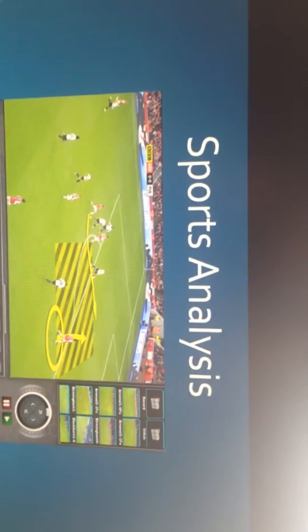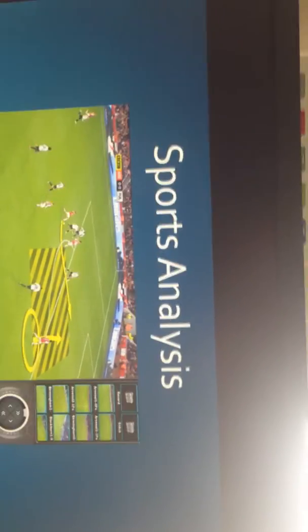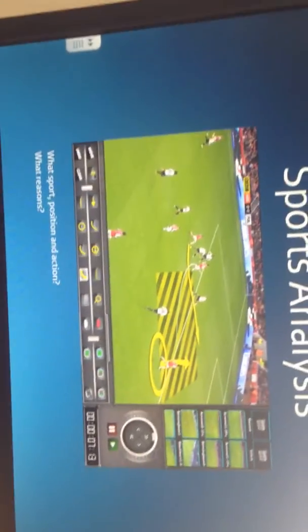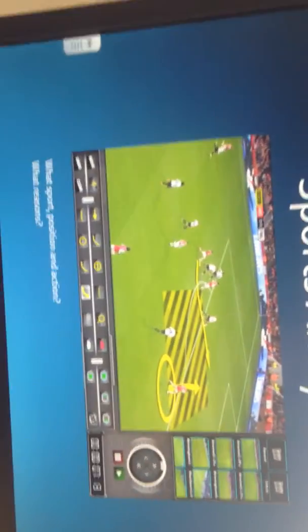My name's Luke. I'm going to be doing my presentation on sports analysis, and this should just be giving you an insight on the 6 areas of sports performance. Okay, as we start off here, my sport is football, and the position that I'm going to be analysing